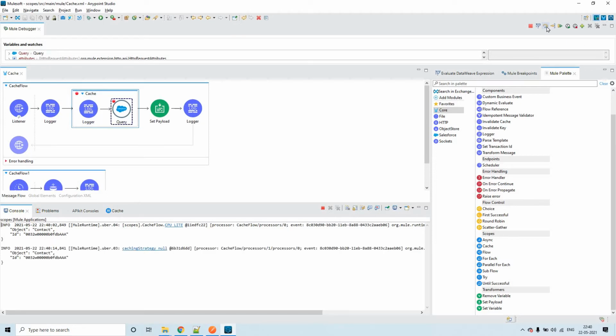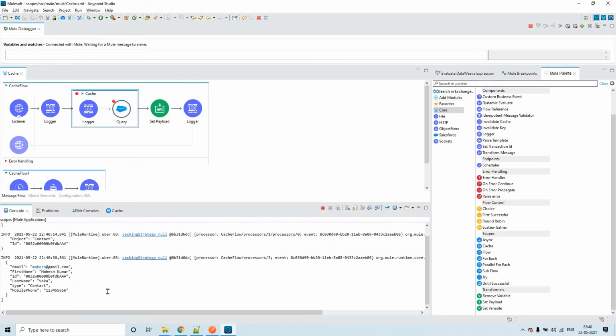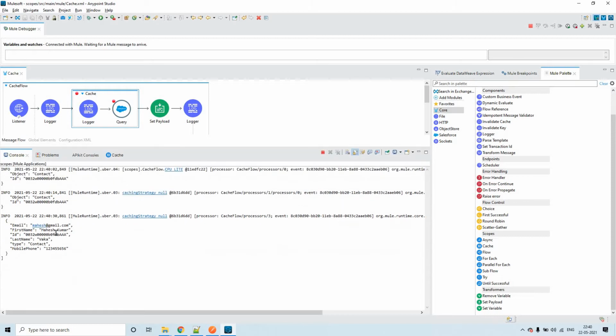It is going in because I have restarted the application. Click on next, and that's it. Now you see three loggers got printed, 1, 2, and 3.